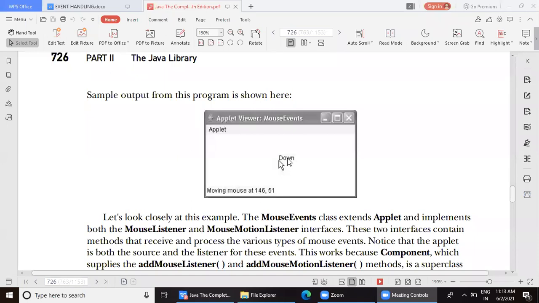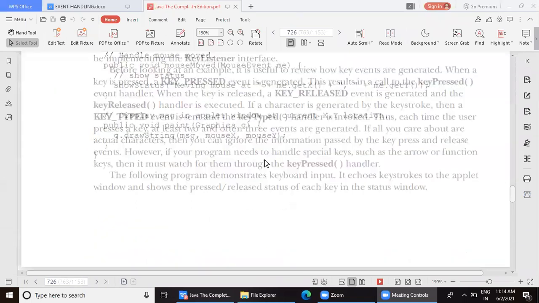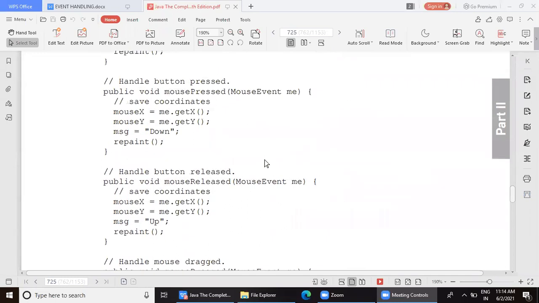And similarly, right now it is showing you only mouse down. But in case of mouse released it will say mouse up. And in case of mouse click, the status bar will show mouse clicked at a particular location. So from this, now you have to start imagining how this program might be programmed. Anyways, instead of imagining, let us try to understand. So this is a program.